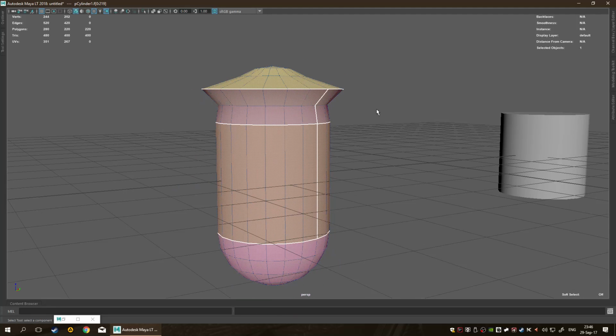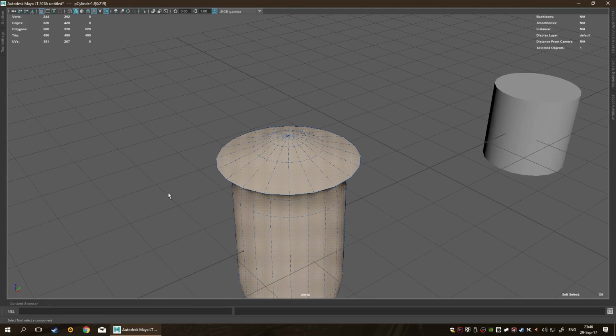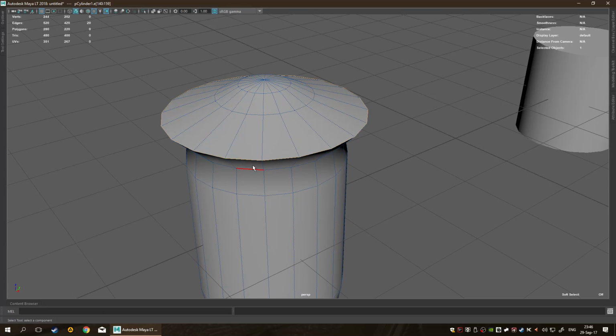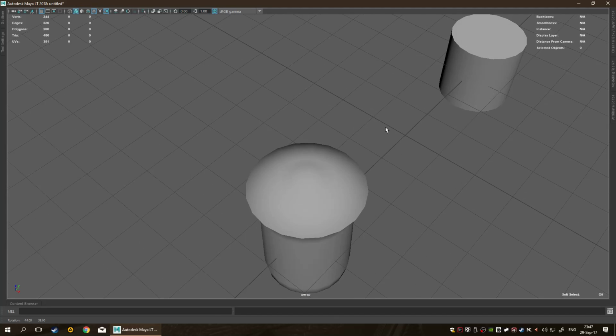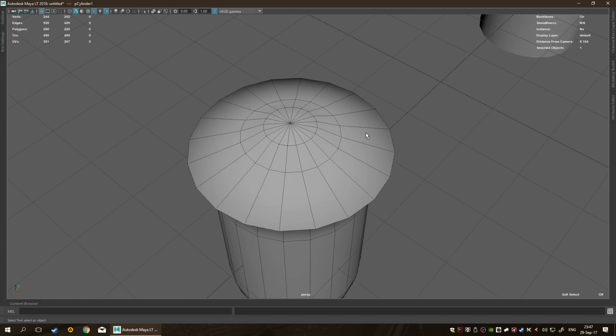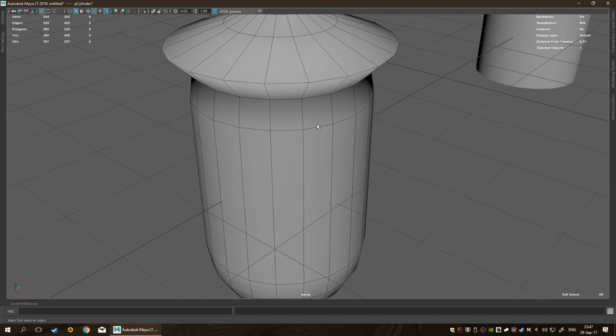Because once you have that, right, let me just turn this off for a second. And let's say I select this hard edge over here and I just smooth it again. Let's say I soften it, okay? And I'm gonna delete the history on this thing. Like I said, it was a requirement to have hard edges on UV seams, but not vice versa. That means that now if I didn't have this hardened, I'm gonna have to go ahead and select like this